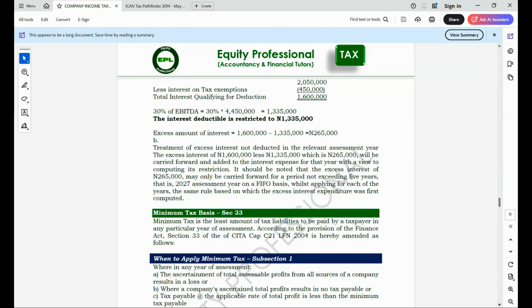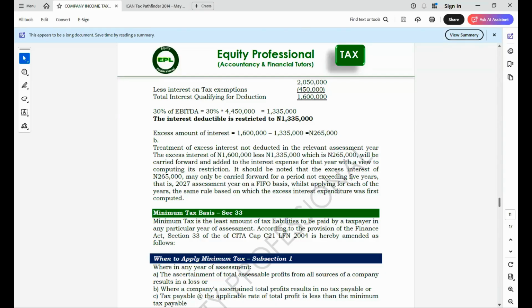In that case, it is expected that the company will be liable to payment of tax on the basis of minimum tax. You are going to apply minimum tax where assessable profit provides you a loss. After the assessable profit, you proceed further: you remove your loss relief, add balancing charge, and relieve capital allowance. What you have is the total profit. Also, another condition that can make you apply this minimum tax is where a company has a total profit that results in